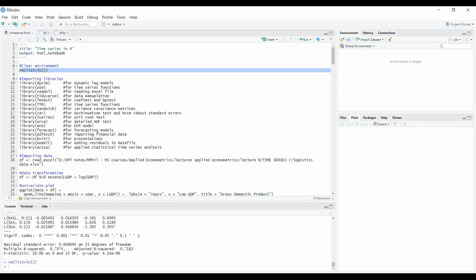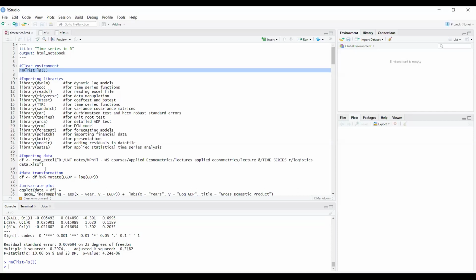Then knitr is used for presenting good tables. modelr is used to extract residuals and store them in the data file. And then astsa applies statistical time series analysis on the data sets. So these libraries will be used with the data set.